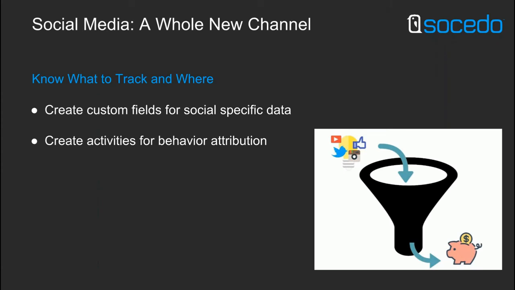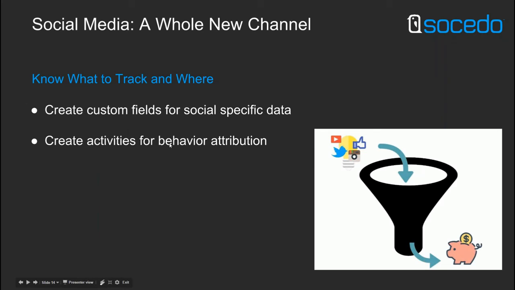And so by using tools like Octopost for tracking campaign management and Socedo for social lead monitoring, I can hook those two things together, and I can say, all right, here's the last tweet that either I promoted or someone else promoted that brought someone to my website and turned them into a lead. That tweet I want actually in a field so that we can reference it. However, every time someone interacts with my brand handle, I don't need all of those tweets in fields, and I don't want to keep updating this other tweet field.